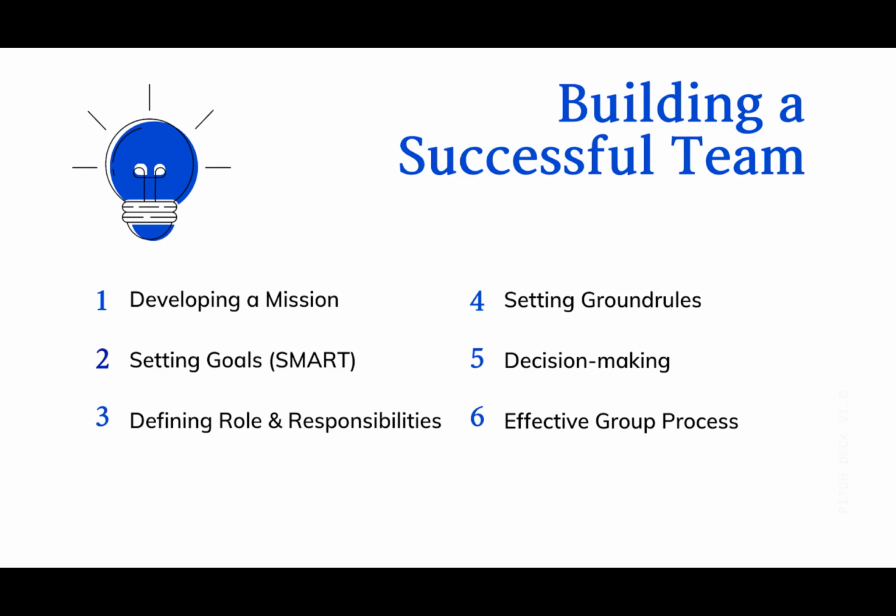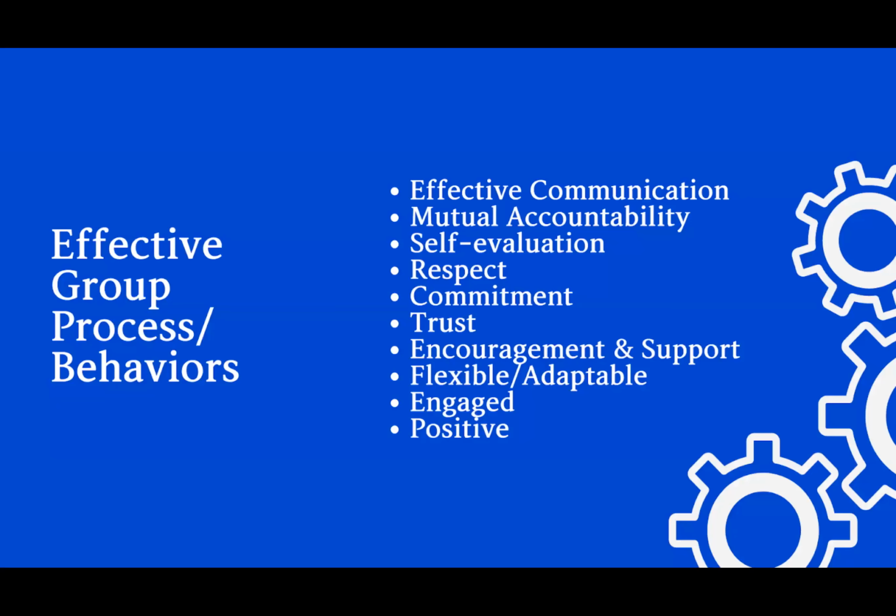And then the sixth part would be effective group process, and we'll be talking a little bit about that. So for effective group process or behaviors, in order for a group or a team to be a little bit more effective, you have to have effective communication, which we talked about a little bit, mutual accountability. So being responsible for your actions, being responsible for your own things, right? Mutual accountability, self-evaluation, respect, which is very important, the commitment, the trust, within the team, the encouragement, support of other